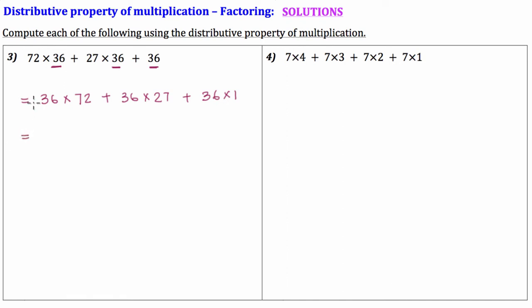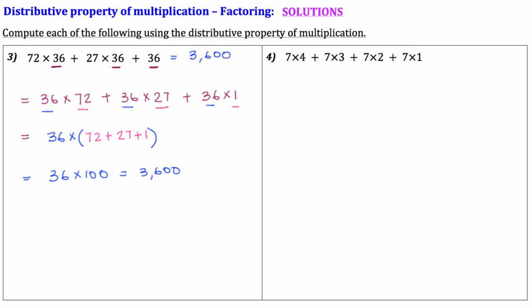And now that we have 36 as a common factor, we can factor out the 36 and we are left with 72, 27 and 1. So 72 plus 27 plus 1. And 72 plus 27 equals 99, plus 1 is 100. So that is 36 times 100, that is equal to 3,600. So this is 3,600. The next problem is 7 times 4 plus 7 times 3 plus 7 times 2 plus